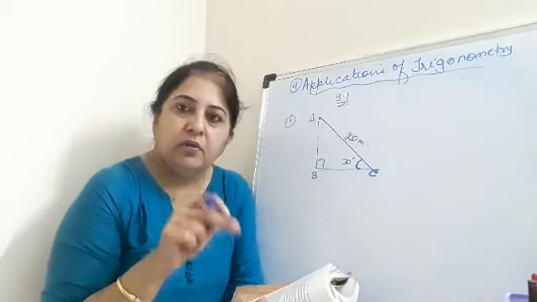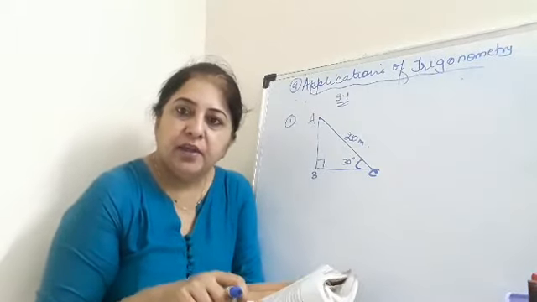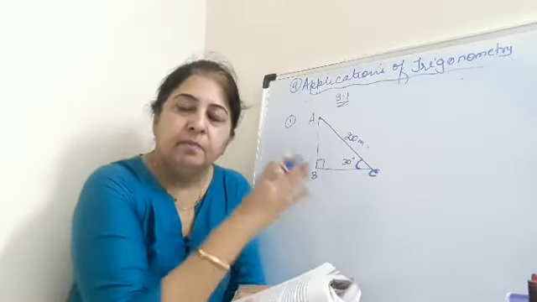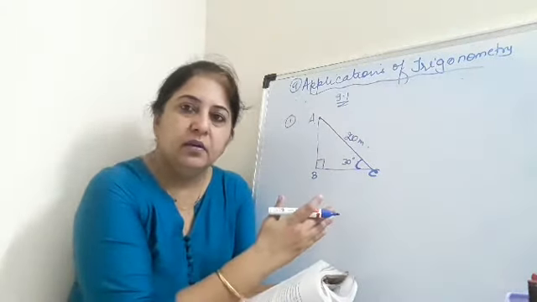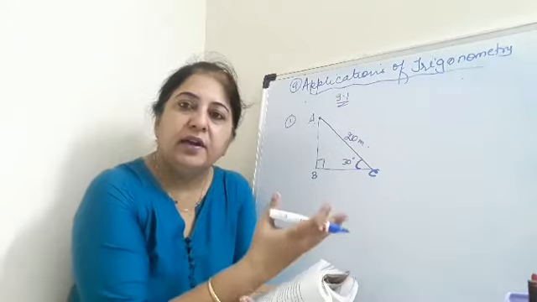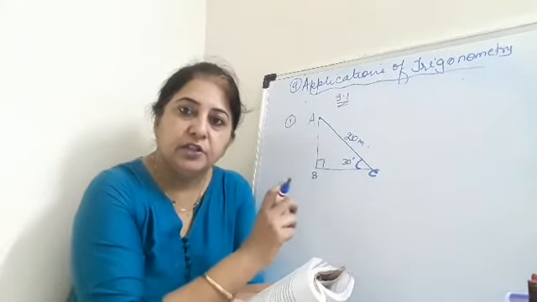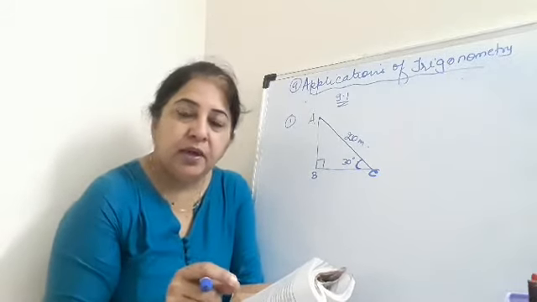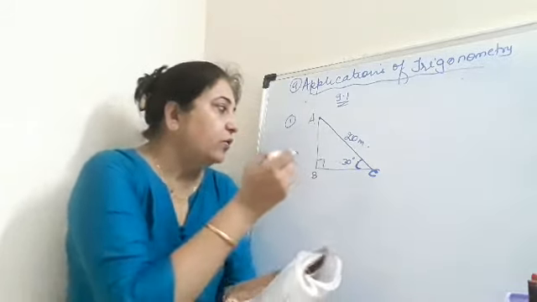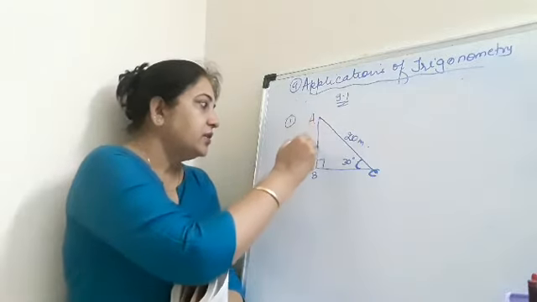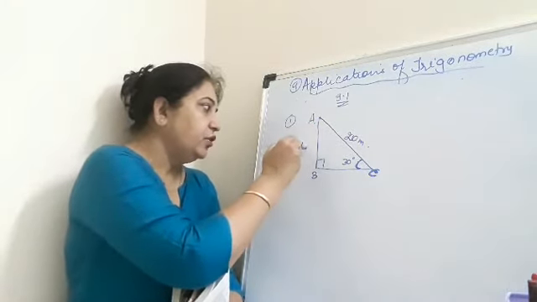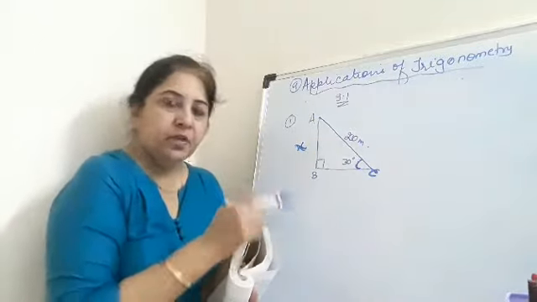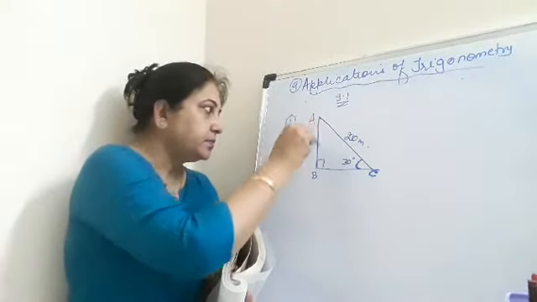Now when you are solving a question, whether you have to take sine or cos of that angle will depend on whatever quantity you want to find out, or you will find the relation of the quantities which are given and which are not given. What I am trying to say is, here I want to find the height of this pole, which I am taking to be x. Now the hypotenuse is given, I have to find this height.